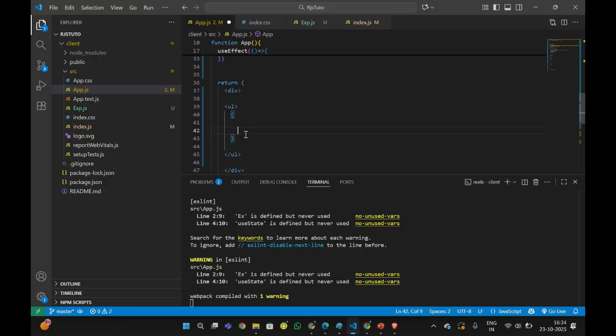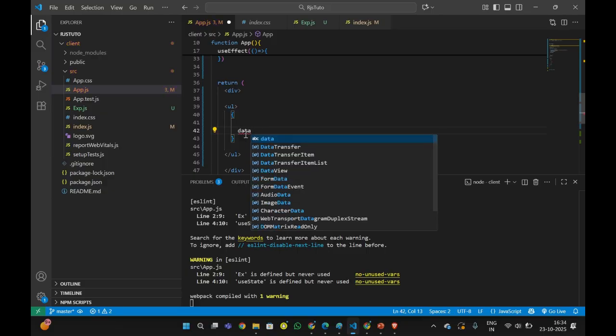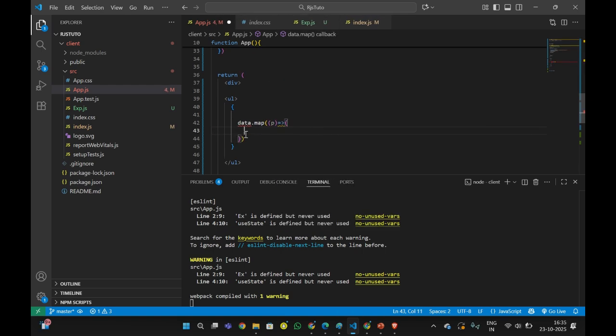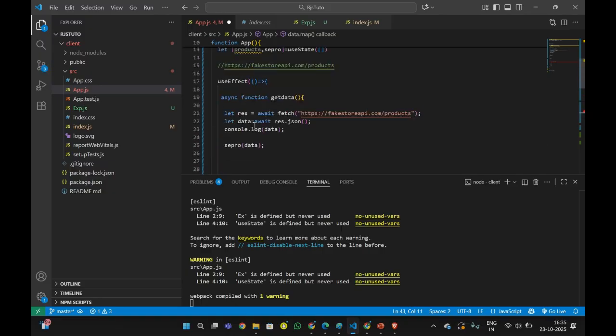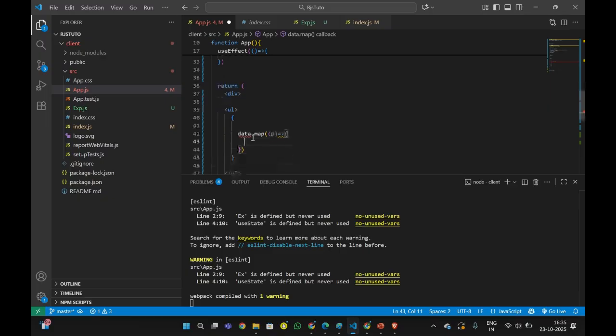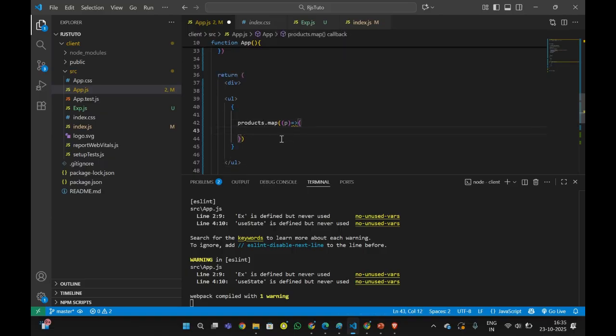You can map the data, dot map, product, which points to every object, not data. products dot map. P is going to point to every object, and I'm returning